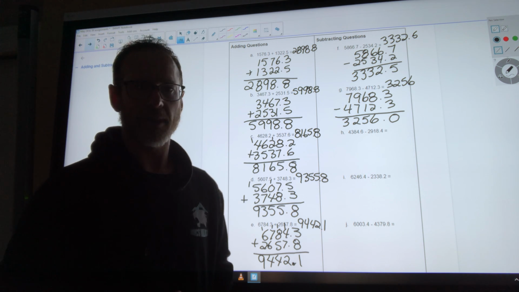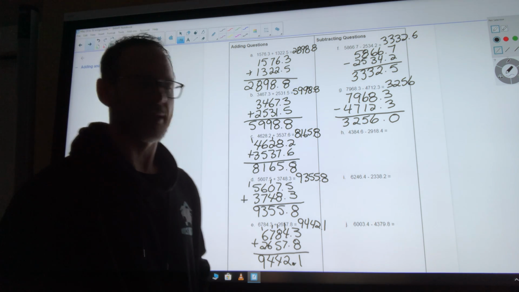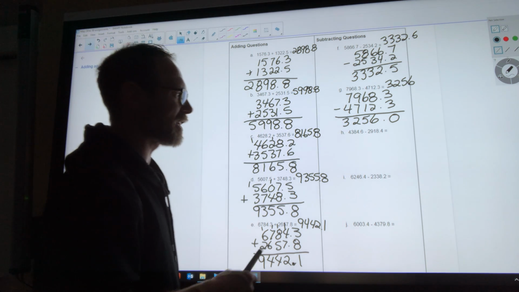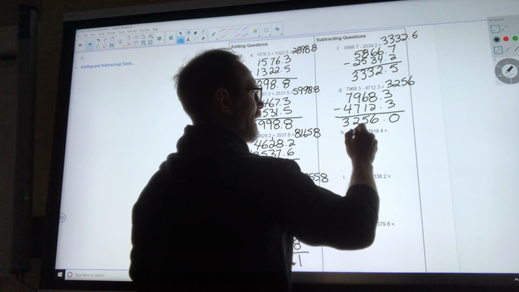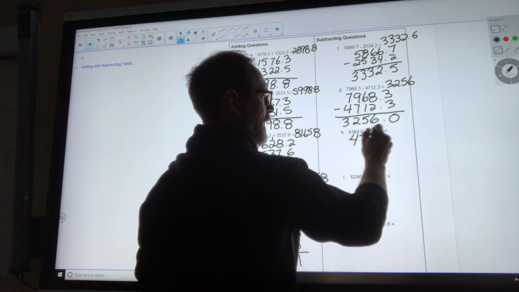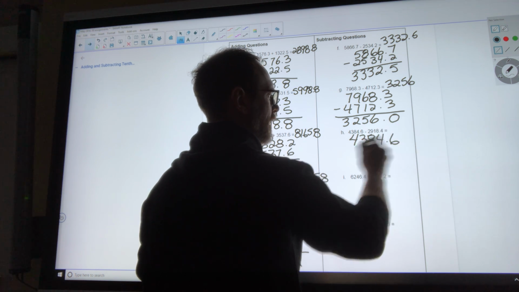3,256 is the same thing as 3,256 decimal 0, so it doesn't change anything. Next question, we have 4,384 decimal 6, and we're subtracting